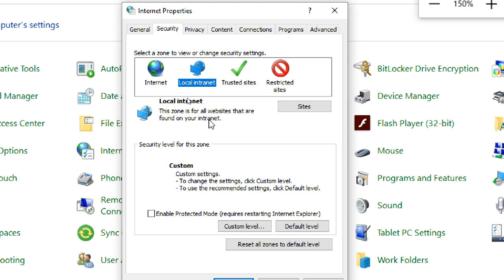For example, I have a server, a web server, mail server, or storage server in my intranet, only within my network. When I try to connect to it, it may search on the internet, because my network has internet as well as my local network. So: don't search on the internet, search locally only.